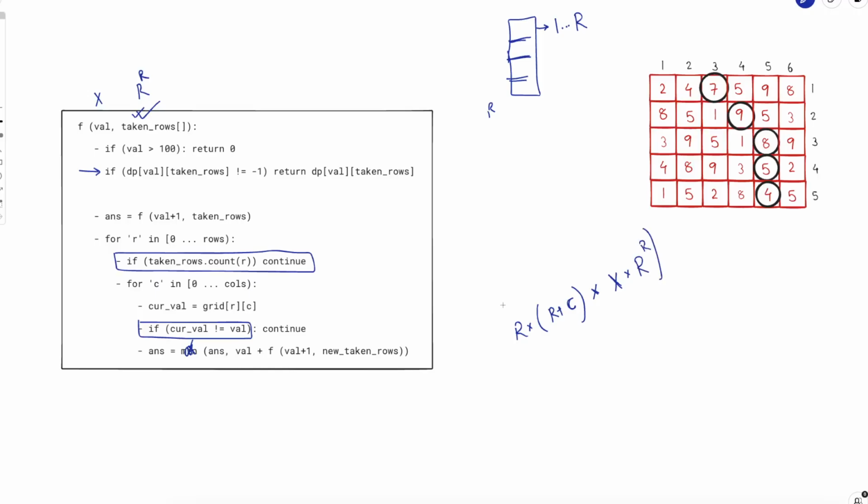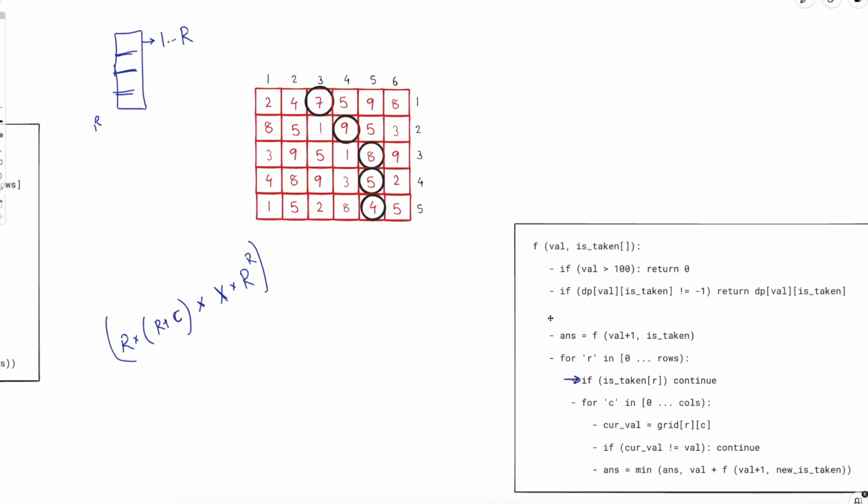So this is your overall complexity. In the same fashion, if you try to figure out the complexity for this one, this is also very similar. Only thing is number of states will change. What we are doing inside of the state, this will not be there, but overall it would be r cross c only. So r cross c operation for each of the state, and number of states is x multiplied by 2 power r,